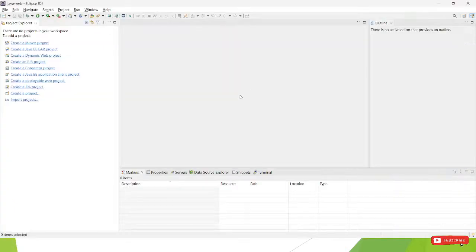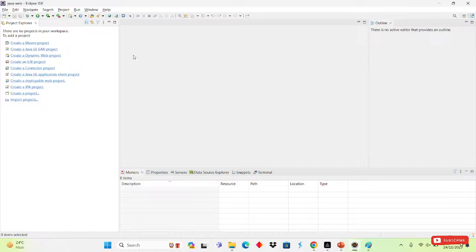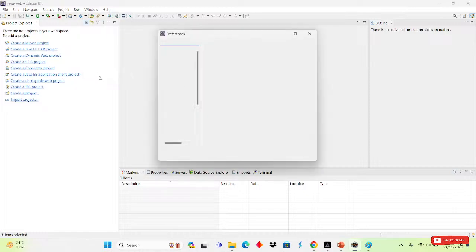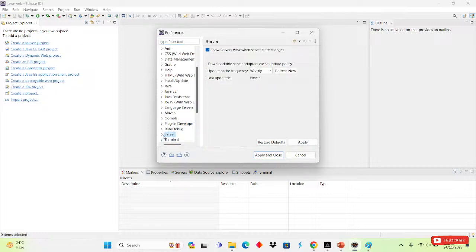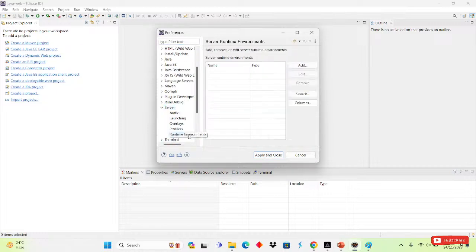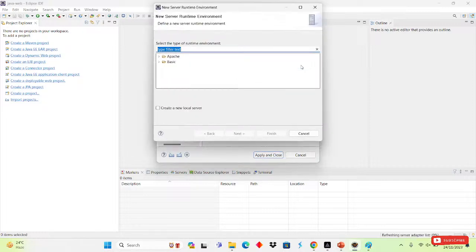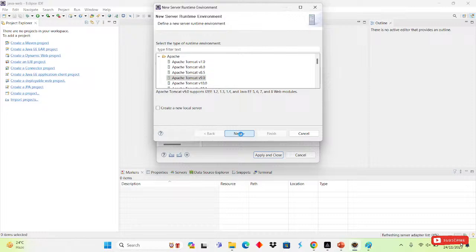Okay, so we are inside Eclipse. So how to set that? Simply come to Window, then Preferences, and after that here is Server. In the drop down, Runtime Environment is there. Simply click on Add, then here we have to select the Apache we are using, so simply Apache, then version 9.0. Next,